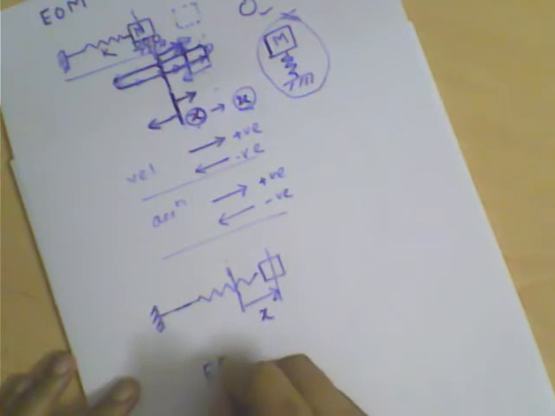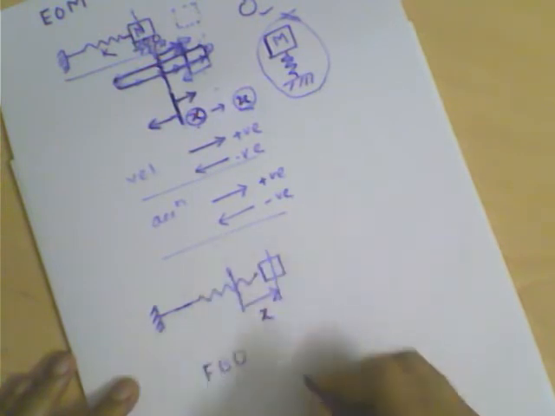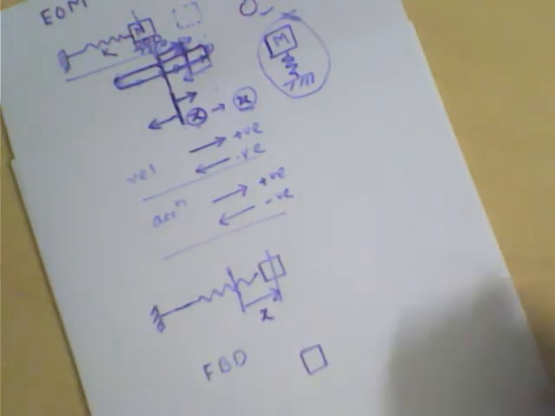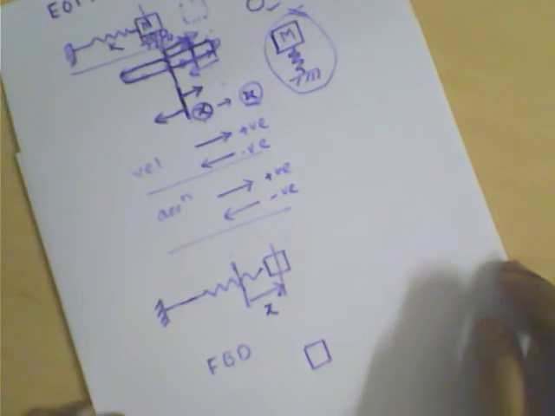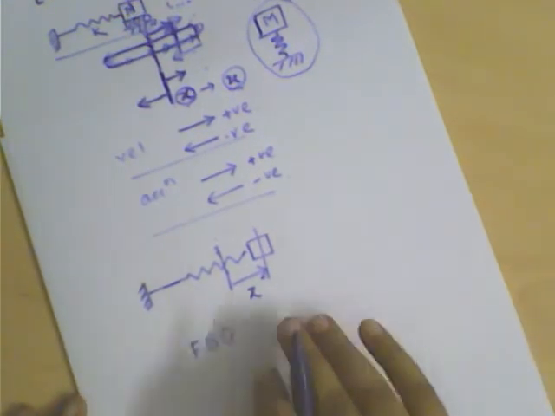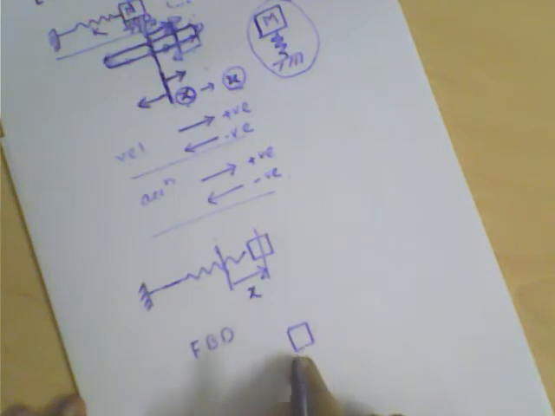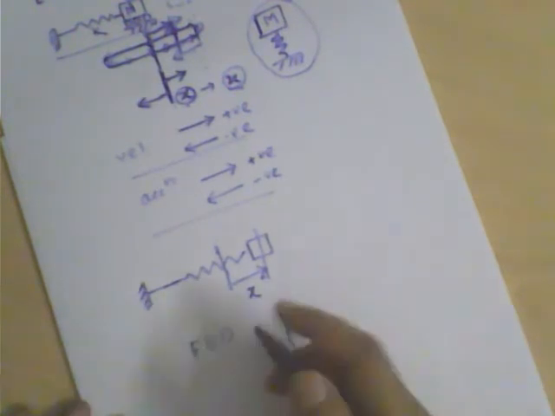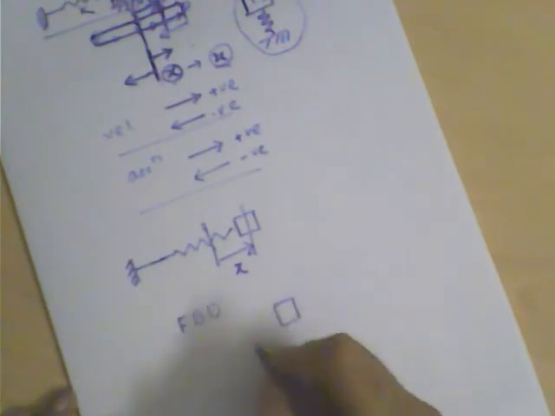Now in this condition, let's try to see what the free body diagram of that mass block looks like. Generally, while deriving the equation of motion, we try to draw a free body diagram. That helps us to know what are the forces acting on the system, and that helps you to write down the force balance, which will eventually give the equilibrium equation, the equation which governs the motion of it.